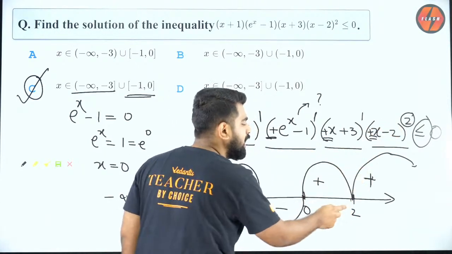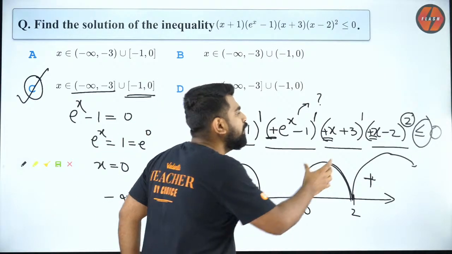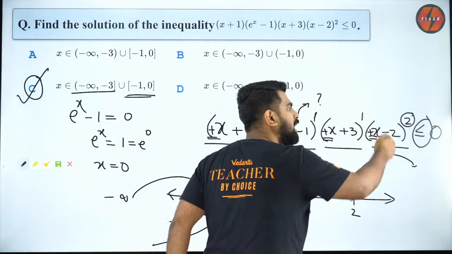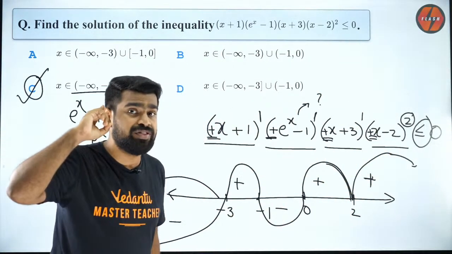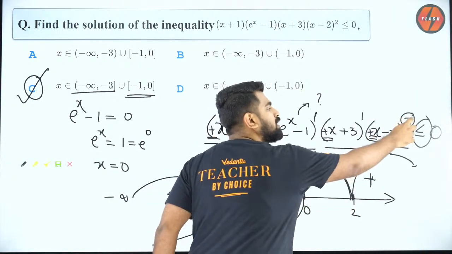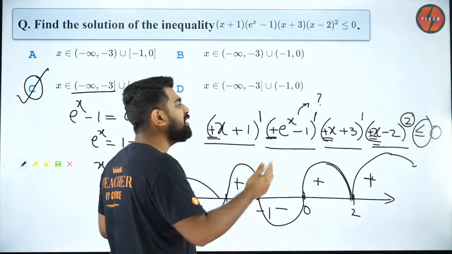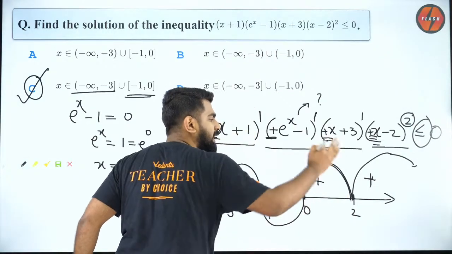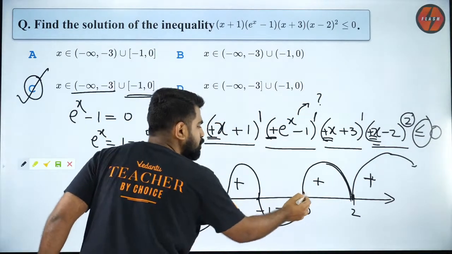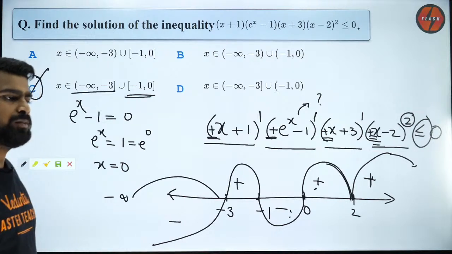If it has even power, it will come back to the same side. Why, sir? What is the logic of doing that? Because if I have an even power, if I put x greater than 2 or x less than 2, it will still be positive. So if I put a value of x greater than 2 or less than 2, because of the square, it will be on the same side. So that is why when you have even powers, you jump back to the same side. You don't alternate. But when you have odd powers, to the left and right side of it, you have different signs. Got it? Are you guys able to follow?